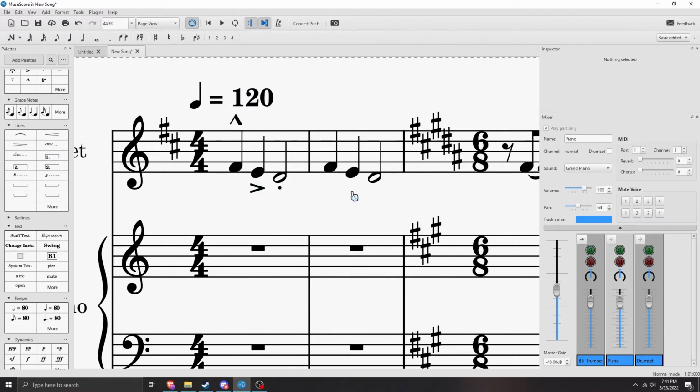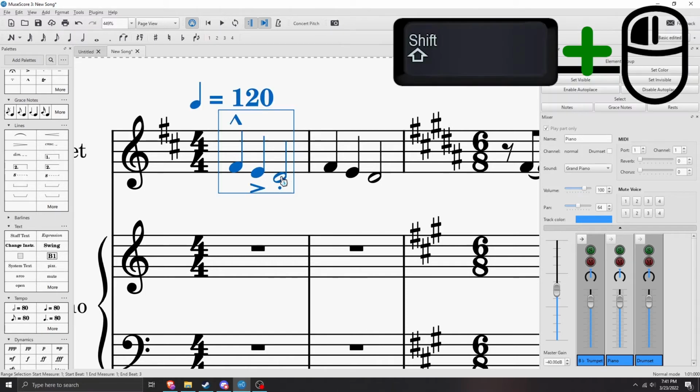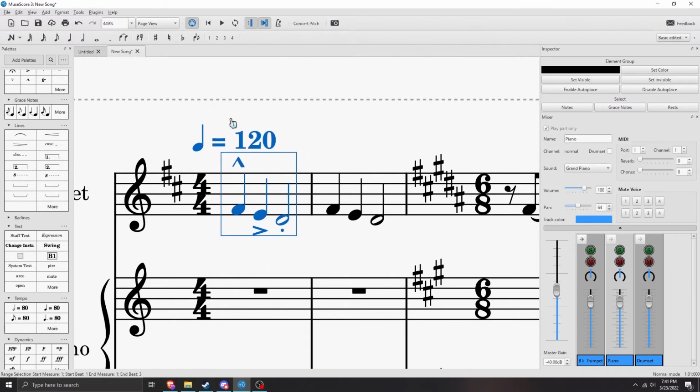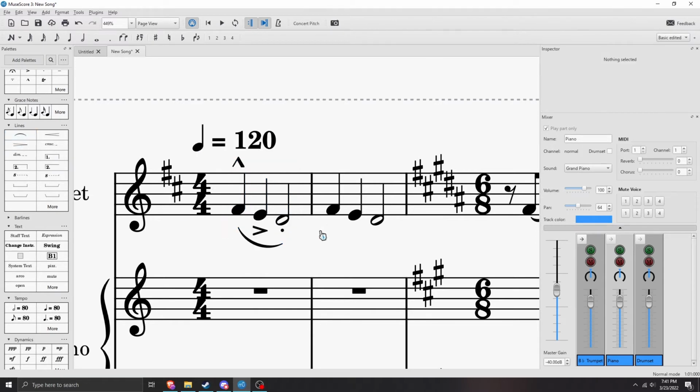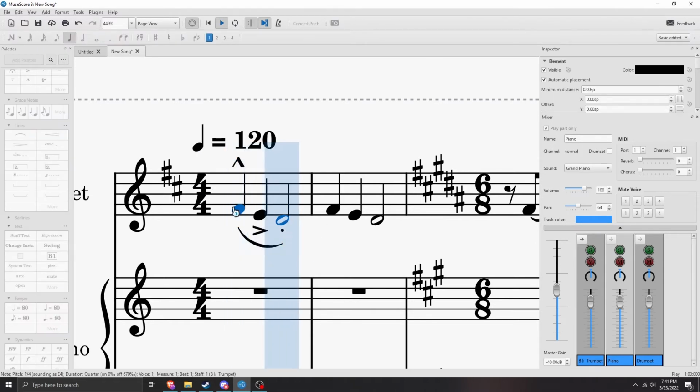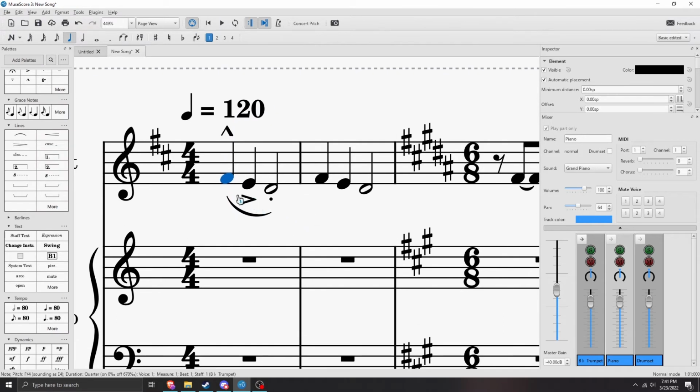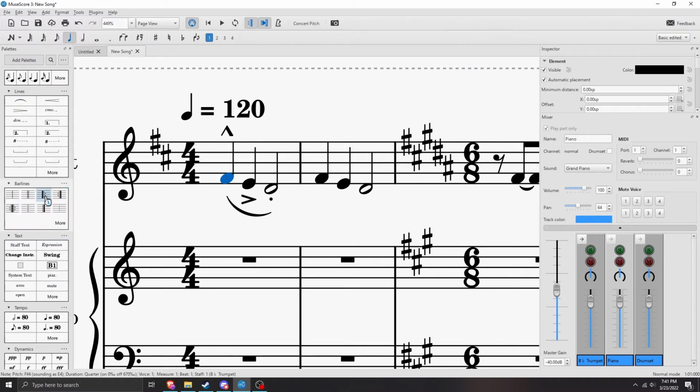Phrasing. What you need to do is you need to click this one. Shift click on another note. For some reason, it's collecting the BPM. And then you click the slur, and it'll add a phrase marking. Obviously, these accents and stuff don't make sense. Decrescendos, crescendos, very important. Bar lines, repeats,